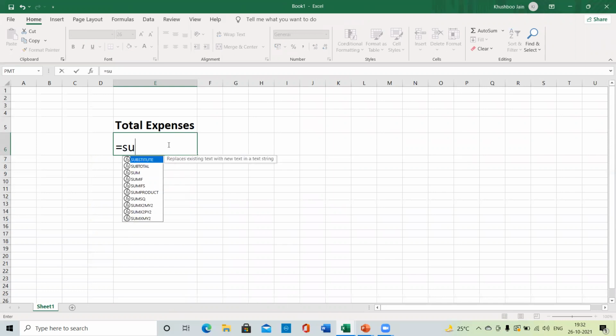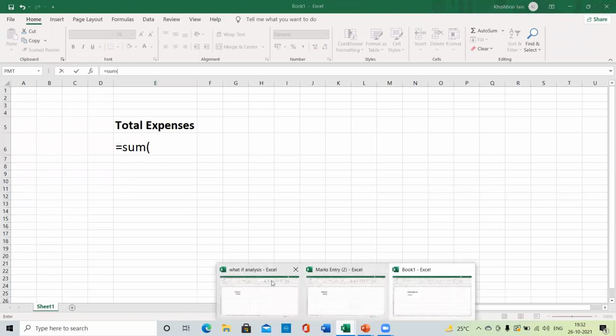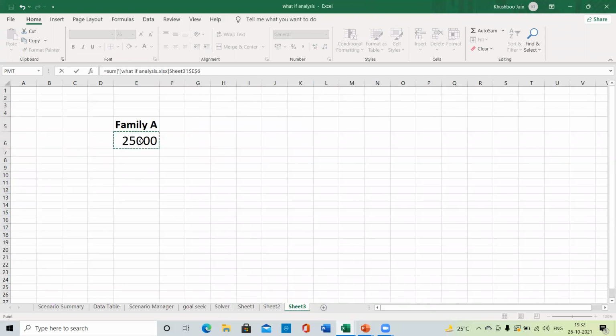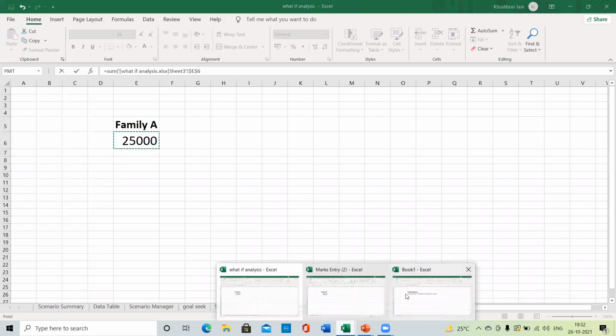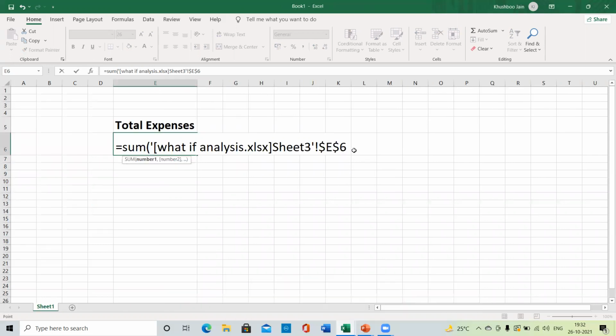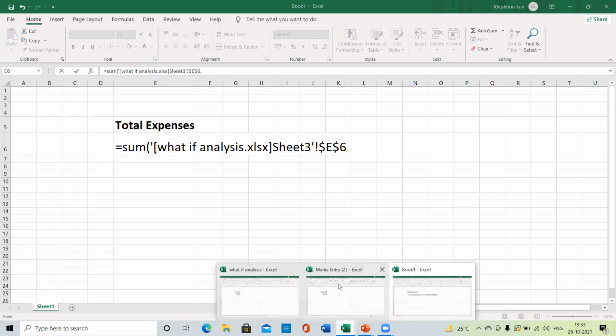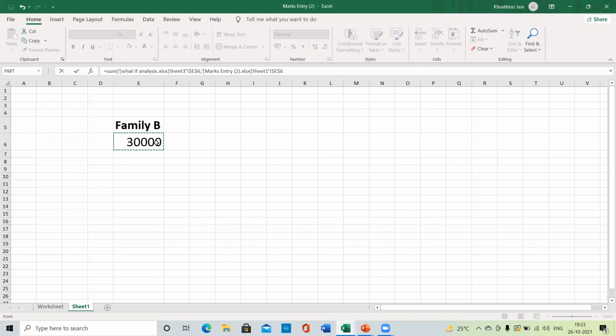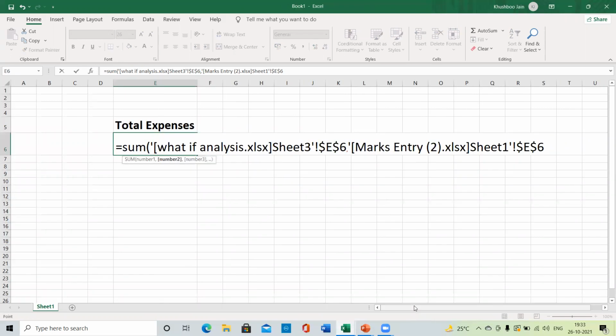Okay. So here I am typing sum, starting bracket, then go to the workbook. Now here, click on this and go back to the workbook where you are applying the formula. So here, put comma, then go to the second workbook, family B, then go back to the source.